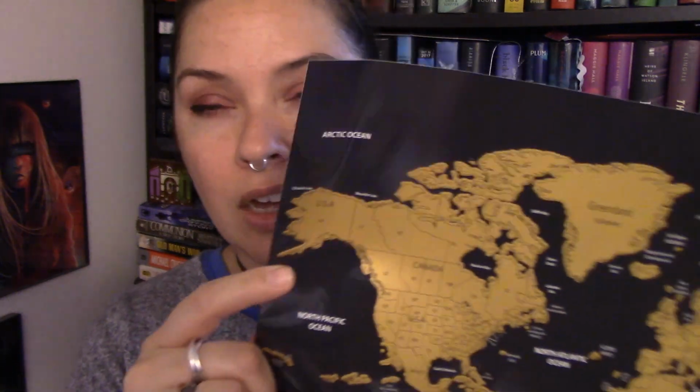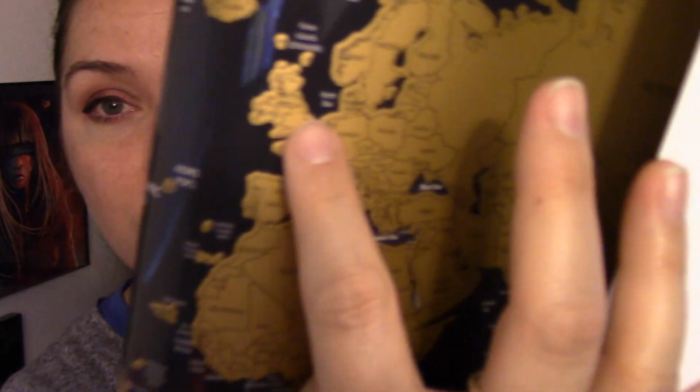So I just read it took place in both Ireland and London. And so I could scratch out all of the UK. Maybe not Scotland. Well, it doesn't differentiate Scotland on the map. But yeah, anyhow,